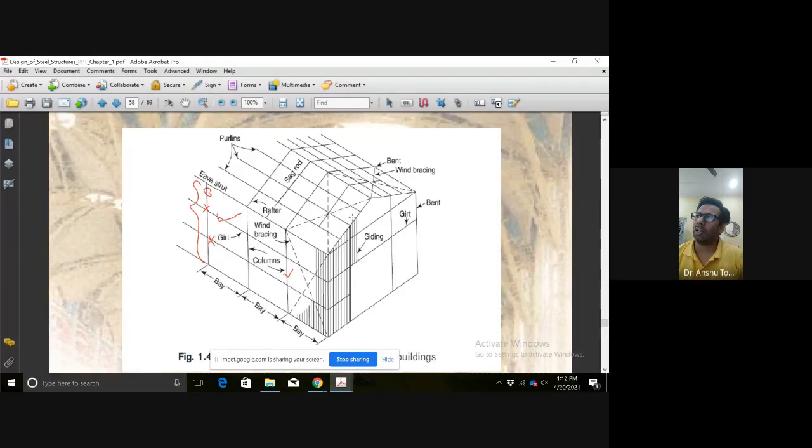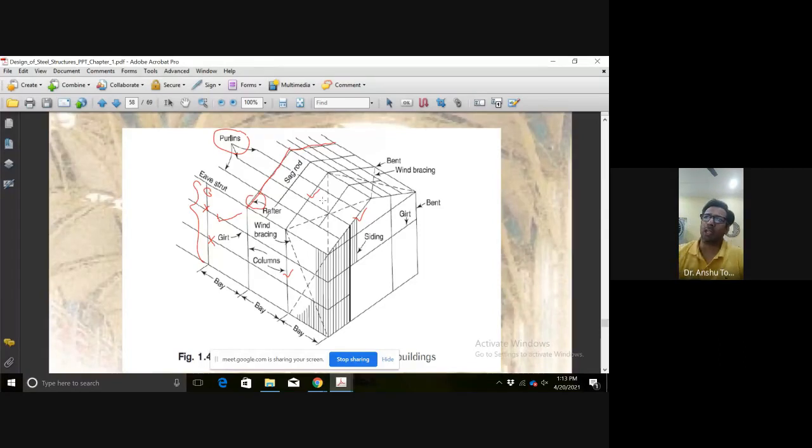This is the rafter, all in steel. These are most of the time small angles. These purlins are all through running horizontal members, most of the time in angle sections. And the rafter, which is running from here to here and here to here, is most of the time a channel section. Either it is a channel section or it is an I girder. So this type of shed can resist wind load.